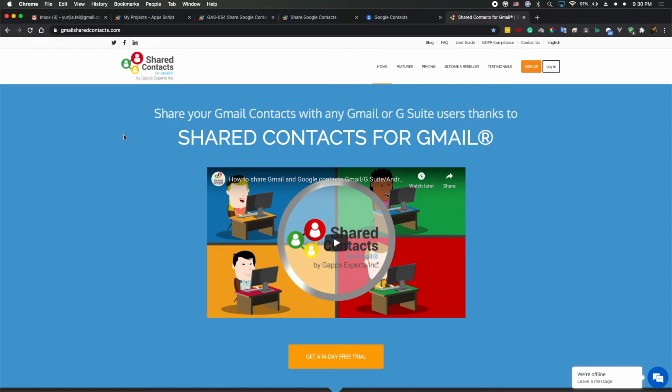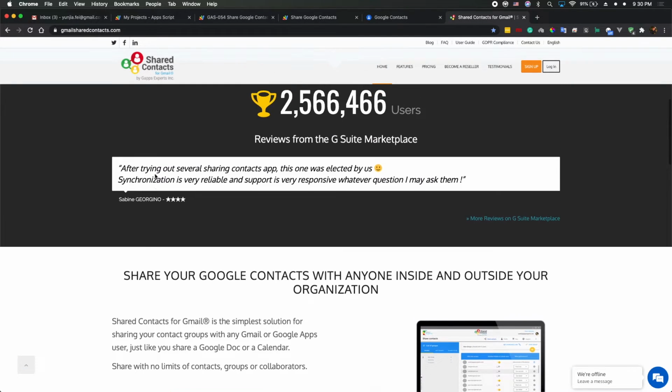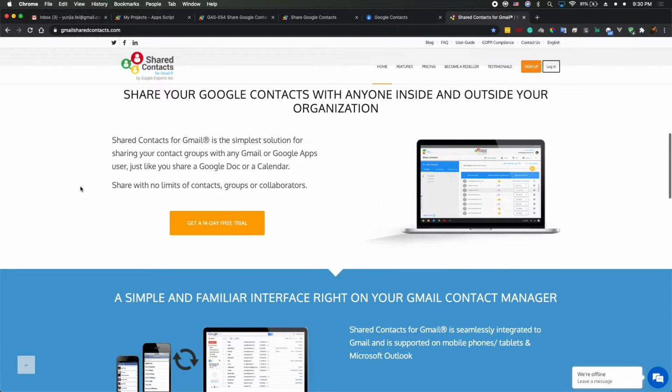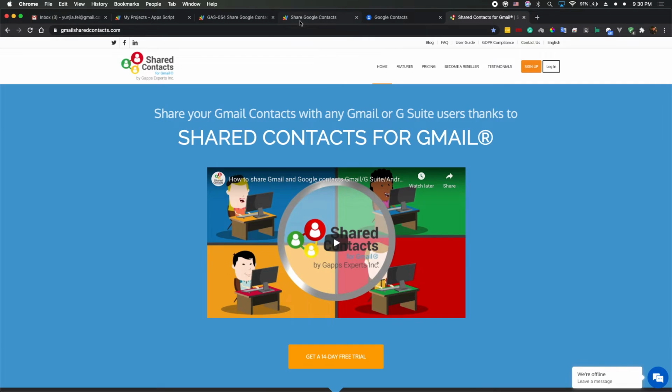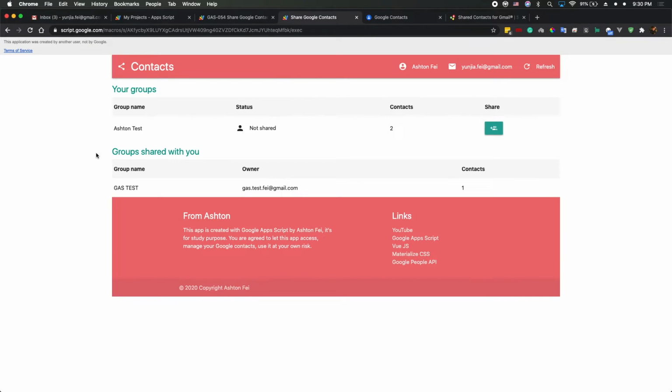So you need to have third-party support for the function. Okay, so this is a very good add-on if you are trying to manage contacts with Google. And my project only has the basic functions for you guys. So I think it's a very good practice for learning Google Apps Script, and you know how to build a project like this, and you can do